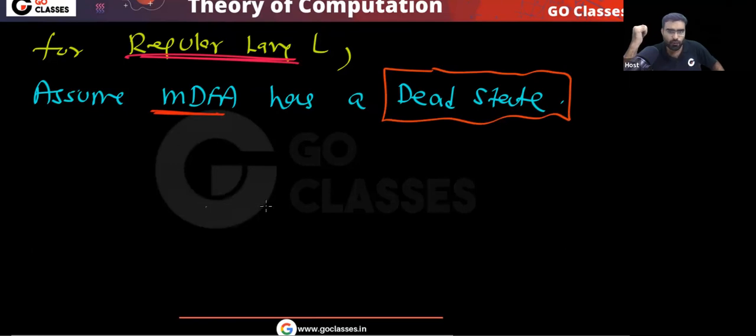Now you tell me, for the candidate strings, will they ever enter the dead state? From the candidate string point of view, you already know that. Assume that you have a dead state. Let's call this dead state D. Now you can easily notice that for strings in L, remember, if W belongs to L,